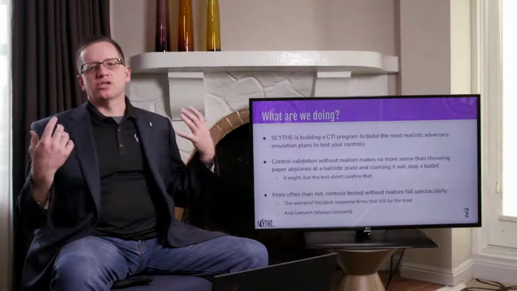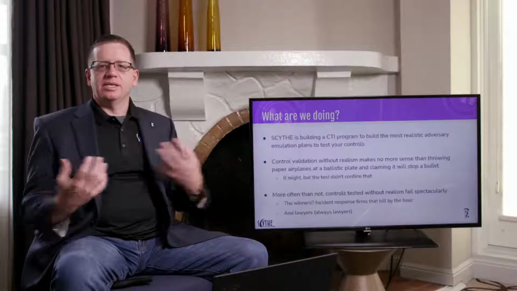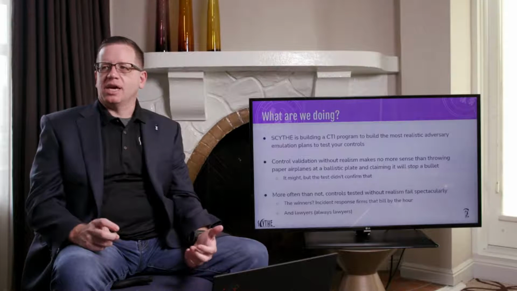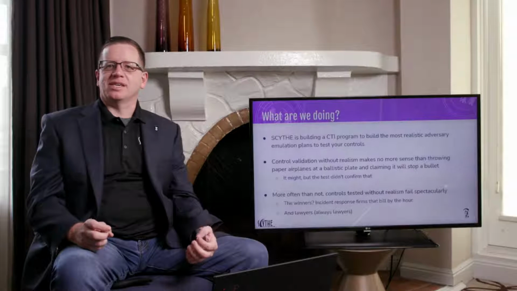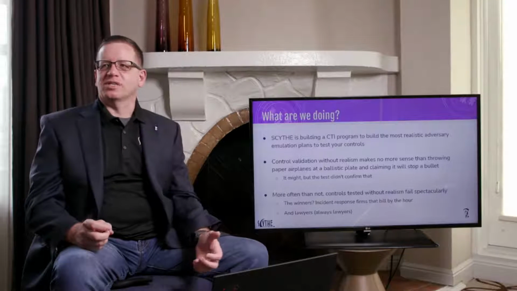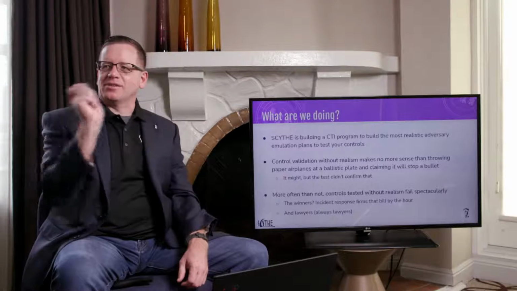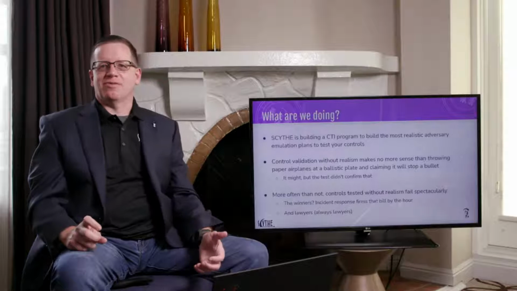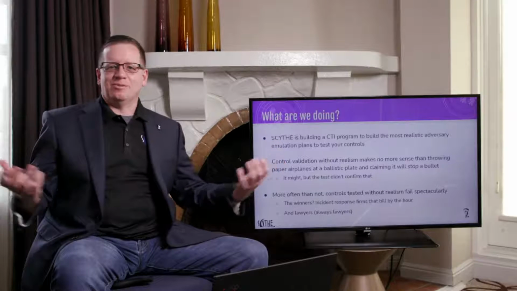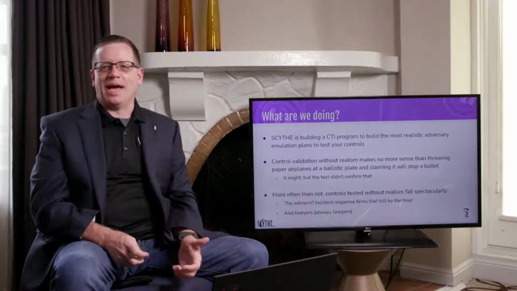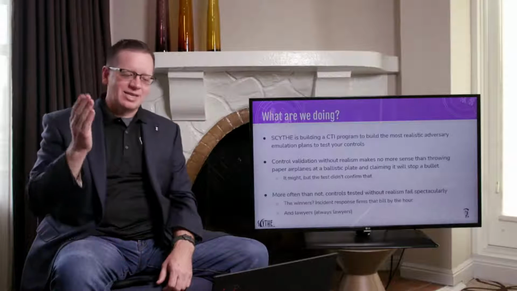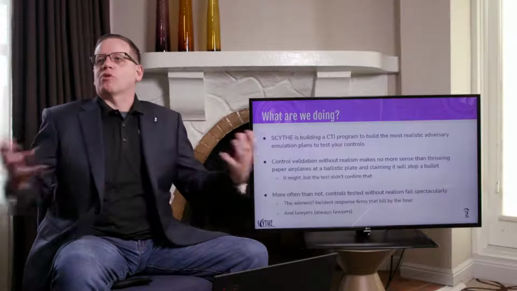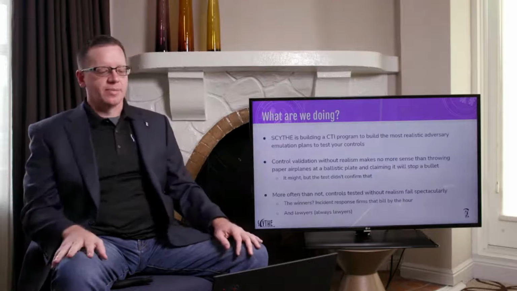Now, folks, control validation without realism is a huge problem that we run into in the industry. A lot of times, folks are effectively testing a bulletproof vest, right, or ballistic armor, by throwing paper airplanes at it, right? Now, I'm not going to say that if you throw a paper airplane at a ballistic vest and it doesn't pierce the ceramic plate, that's bad body armor. But I will say you haven't tested the body armor, right? So the test didn't confirm anything. And at that point, then what are we doing? Why are we even running these tests?